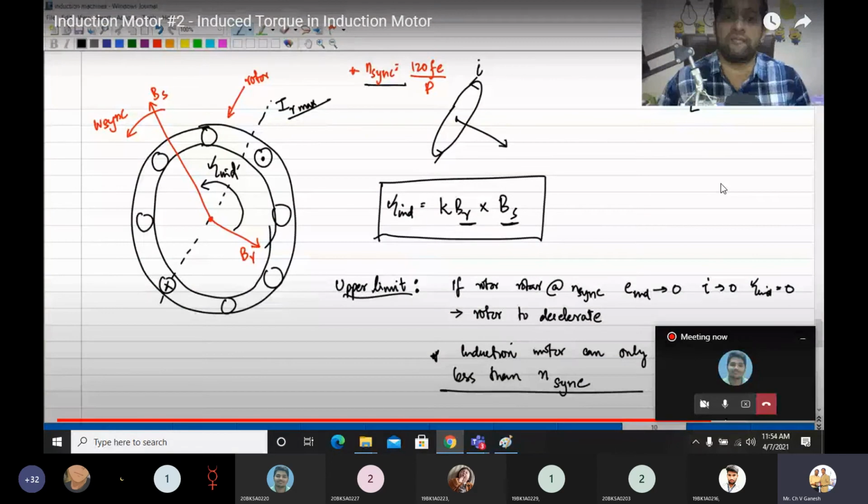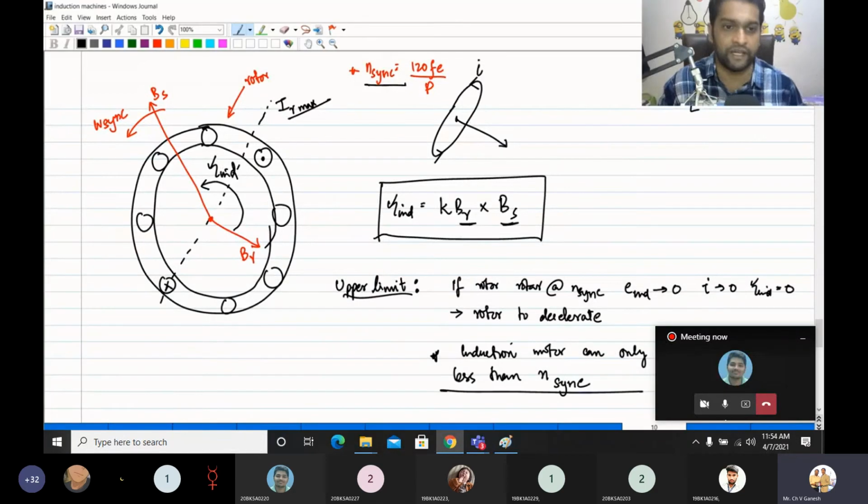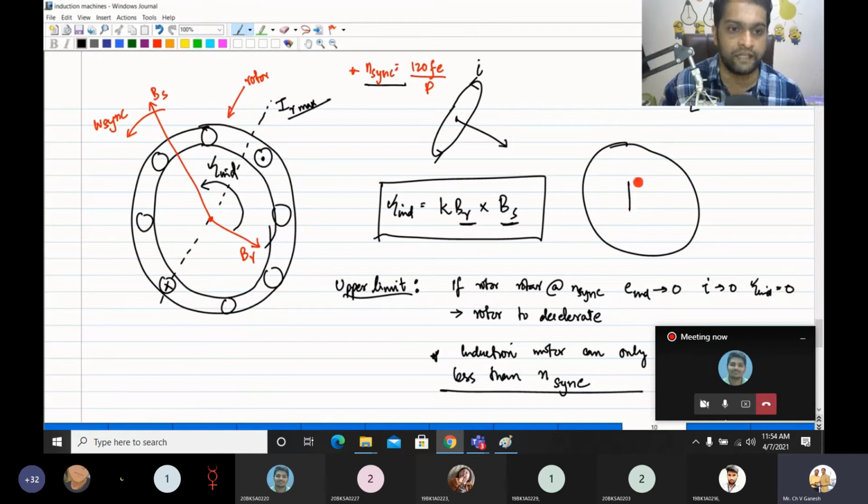Where have we seen that? When I told you about the starting methods of the synchronous motor, remember that one of the methods was using amortisseur windings, right? So what was an amortisseur winding? You have the stator structure like this, and then the rotor structure was something like this, right? And I told you the synchronous motor is not a self-starting motor. So what did we do? We placed some conductors here like this, which are called amortisseur windings. And I told you this amortisseur winding will bring the rotor to enough speed to get the magnetic locking, right?